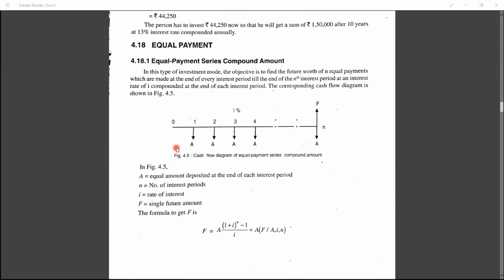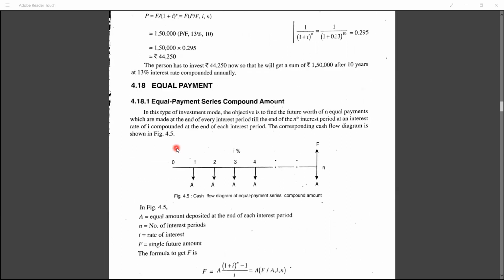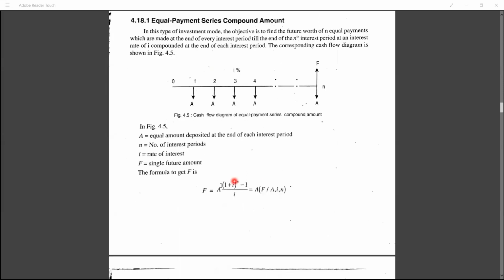The next is equal payment. What amount of equal payment are you getting for compound cumulative years of time? So this is important for your GATE exam also. Sometimes it may be asked in the CPM part, critical path method, and these formulas are very important if you are preparing for any competitive exams or bank exams. Generally, these types of things only will be asked. So it will be better for you to remember them from now.